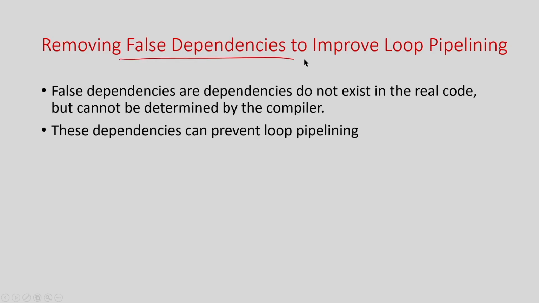There are certain times when there are actually no dependencies, but the tool cannot understand that, and as a result it cannot do the pipelining, or the pipelining performance is impacted. In such cases, if we manually understand there is no dependency but the tool cannot identify it automatically, we have to specify that this is not a true dependency and it can be ignored, which improves the pipelining. I will take a small example quickly.